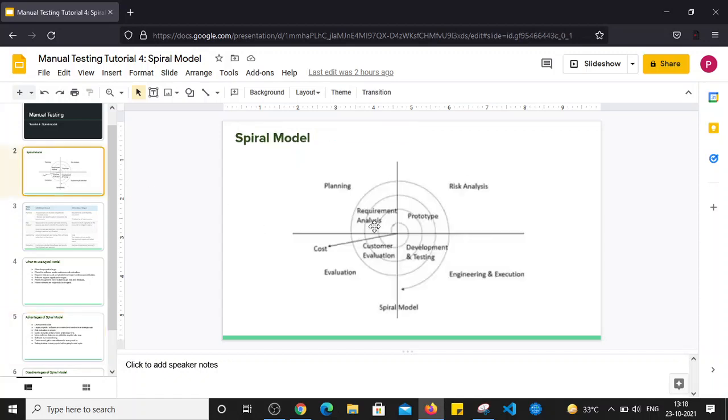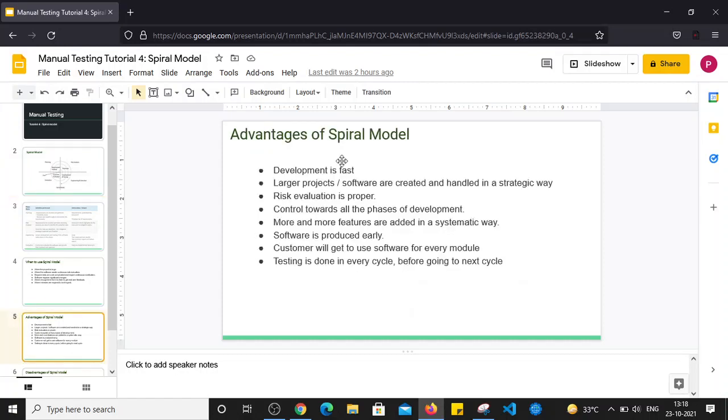We have seen there is a risk analysis, or during the planning phase, risk evaluation is conducted by expert people, and that minimizes the chances of identifying such risk in the later stages of development. That is one of the advantages of the spiral model: risk evaluation is proper and it is conducted by expert people. And in the spiral model, there is more control over all the phases of development.